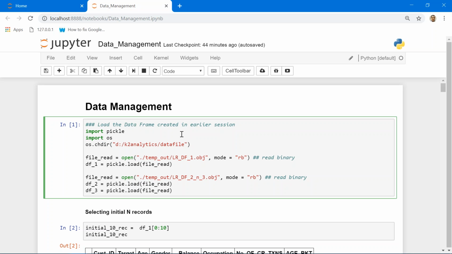To load a Python object, we require the pickle library. To save also, we had used pickle. To load also, we will require the pickle library. So the first two lines of the syntax are importing the packages which are required. Then we are going to set the working directory, changing that directory path. Now in my system, the objects which we had created were stored in the dk2 analytics data